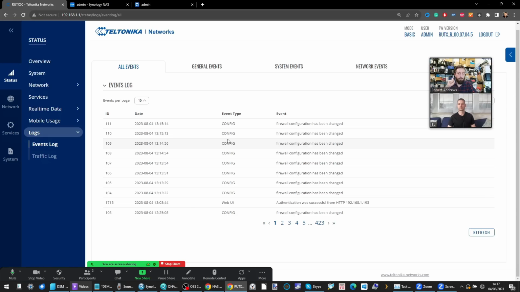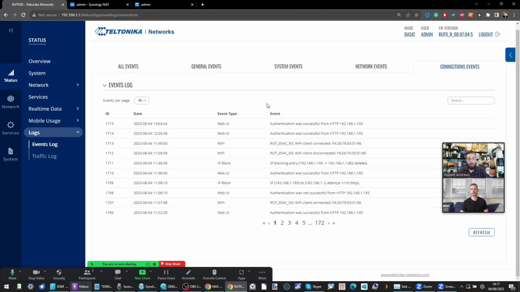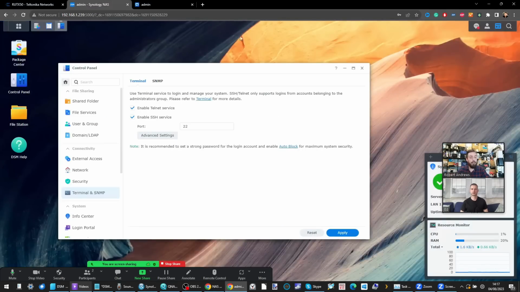Both of these systems are running on a single drive each. So any of the data I've put on these, which by the way is a bunch of photos in the case of both of them, that data is going to be lost if an interloper gets in and attacks this device. So as you can see, we've got the current list of events here on screen. If we look at connection events, that is where we can see the current list of connected events. And if there are failures, we'll know.